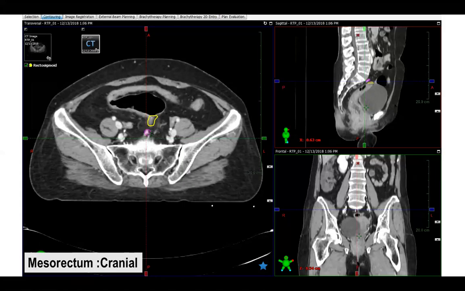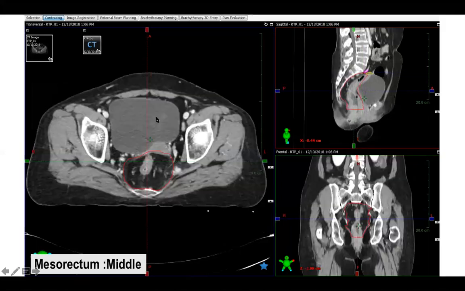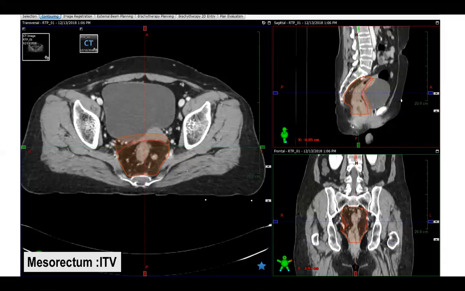So when we are drawing it, once we have seen the boundaries, I'll just run through. This would be the inferior mesenteric, just trace it down, and this more or less coincides at the level of the rectosigmoid. We go down, and it's very easy to remember how to do it: just an anterior margin of 1 centimeter at the level of the bladder, seminal vesicles, and prostate, and we are good to go.